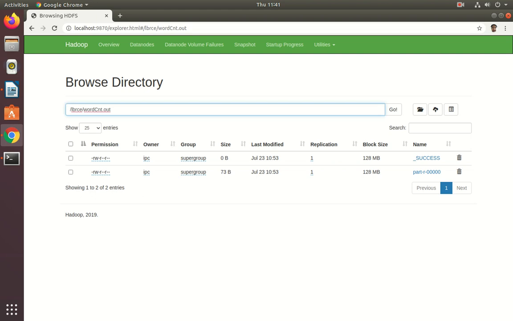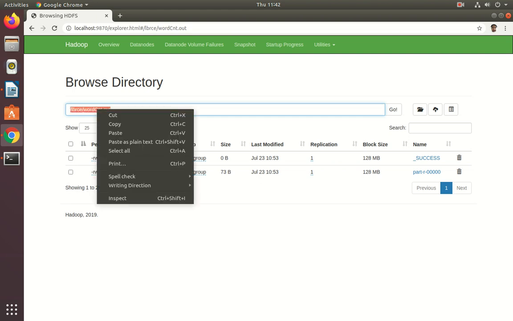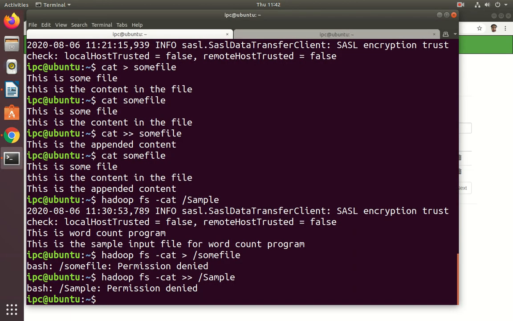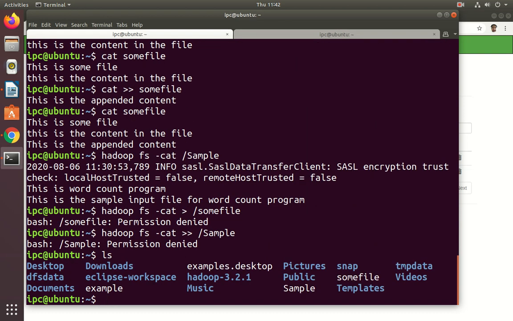So this is located in the root lbrc directory slash wordcount.out. Just copy this one. Now verify in local: we have only the files example, sample and some file, and examples and desktop.